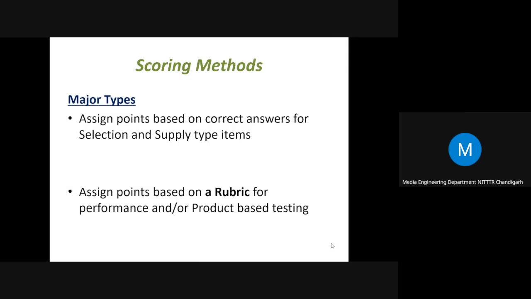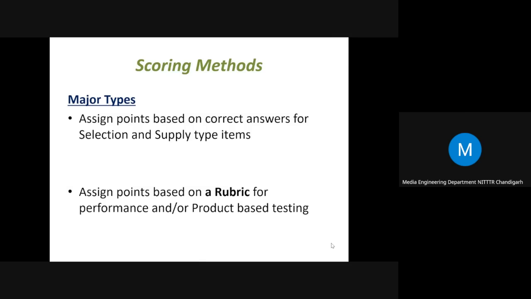But when we are evaluating performance or product based testing, it is not that easy to assign the scores. We need to assign scores or marks based on some guidelines. That formal guideline is a rubric. So it is recommended to use a rubric when we are evaluating students during performance or product based testing.